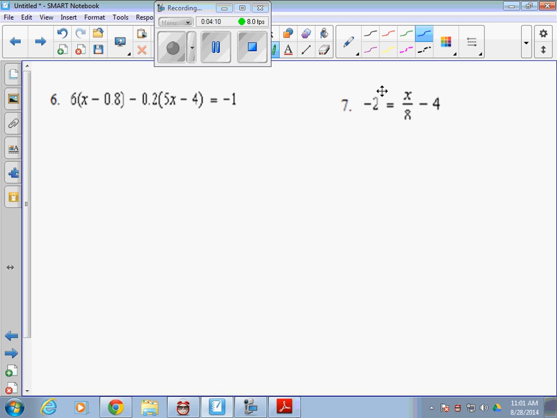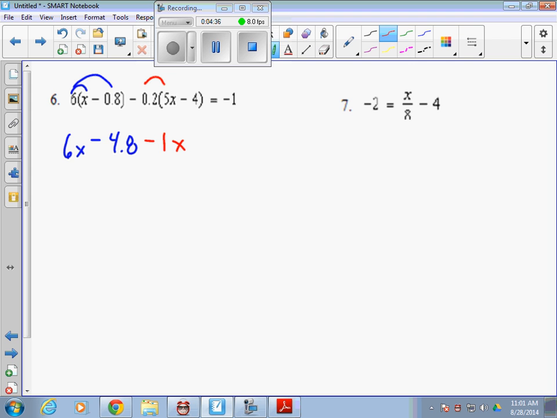Number 6, distribute these two numbers that are outside the parentheses. 6 times x is 6x. 6 times negative 0.08. 6 times 8 is 48. There's a decimal in the middle, so negative 4.8. Do the same thing with negative 0.2. You know that 5 times 2 is 10, but you have to move the decimal one time, so it becomes negative